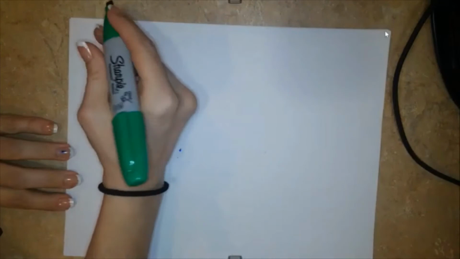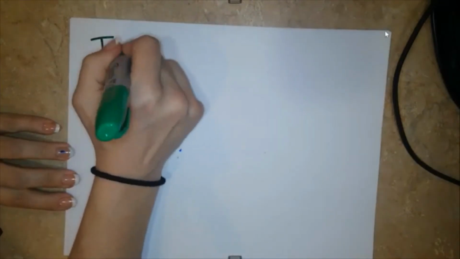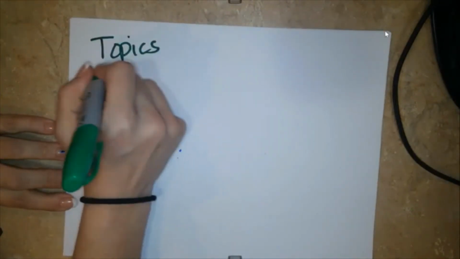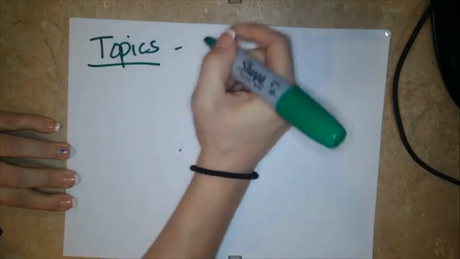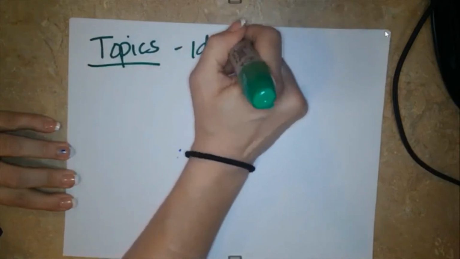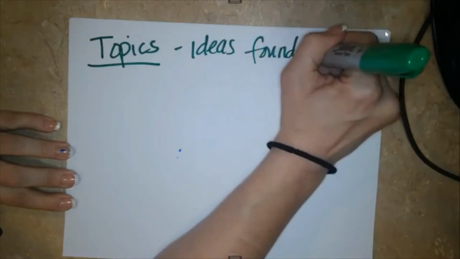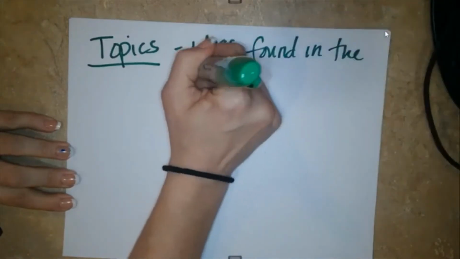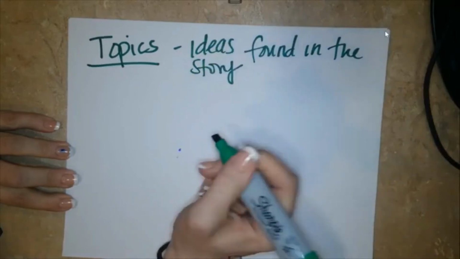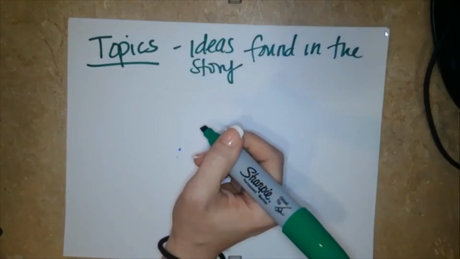So once you've identified the plot and you've made sure that you understand what happens in the story, then the next thing you're going to do is you're going to examine topics found in the story. So that would be ideas. A topic is basically an idea found in the story. So topics get a little bit confusing because